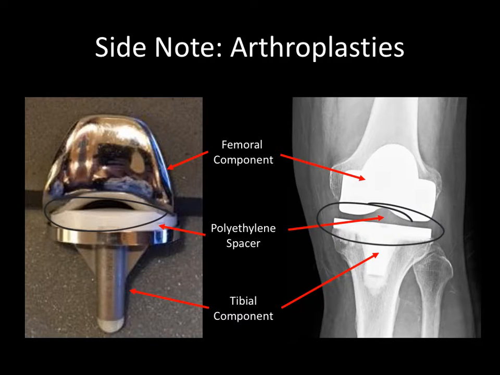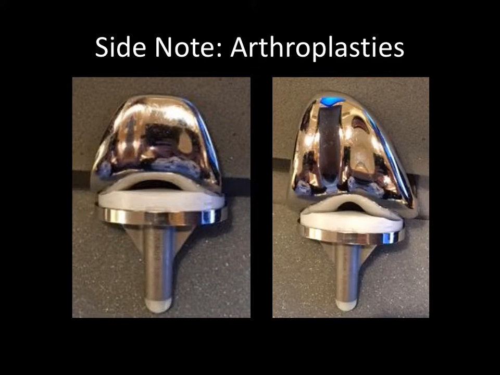On the frontal view, compare the medial and lateral sides. If one side is too thin, there may be asymmetric wear of that part of the polyethylene spacer. Some femoral components are symmetric, like the ones on the left. Others are not, like the one on the right,